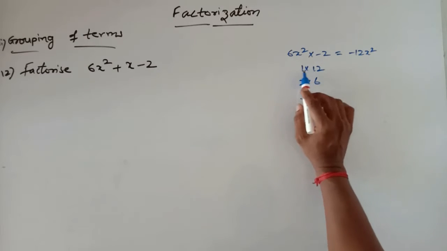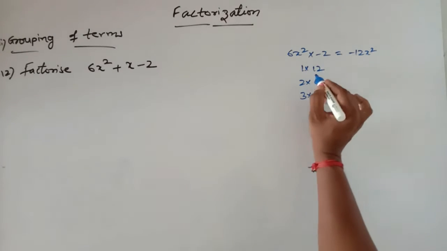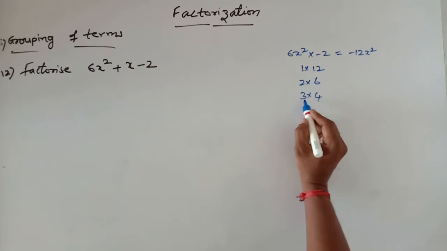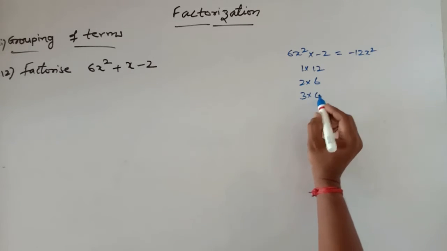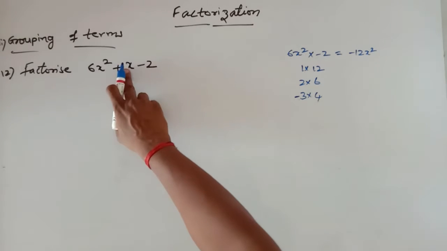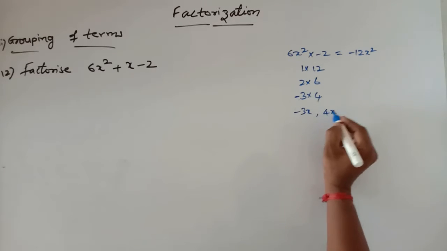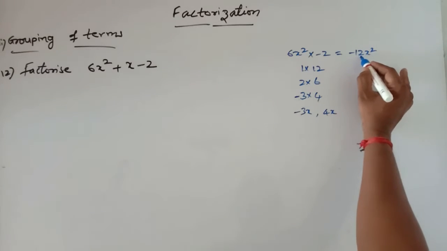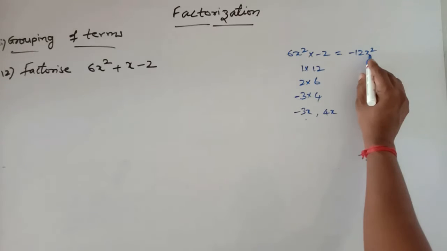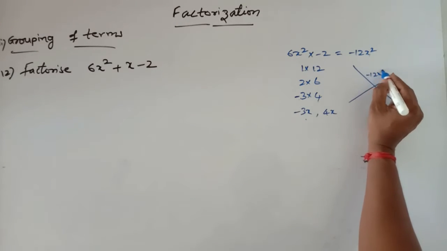So here when I am adding or subtracting, I take the factors of 12, and when adding or subtracting, I need to get the middle term here. That means 3 and 4: minus 3 I am taking, and plus 4. Minus 3 plus 4 is plus 1. That is minus 3x, comma, 4x. Multiply these two, I am getting minus 12: plus into minus is minus, 3 4s are 12, x into x is x square. Or one more method I am showing, minus 12x square.